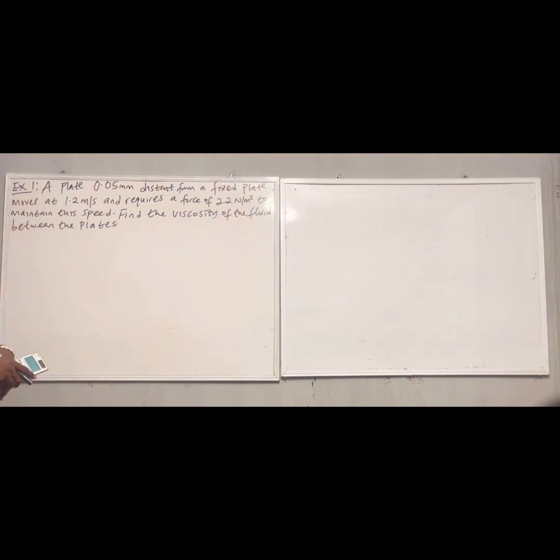We have to calculate when you have a plate at a distance of 0.05 meter from a fixed plate, moving at 1.2 meter per second and requiring a force of 2.2 Newton per meter square to maintain this speed. Find the viscosity of the fluid between the plates. So we have to find the viscosity. According to Newton's law of viscosity formula, we are being given